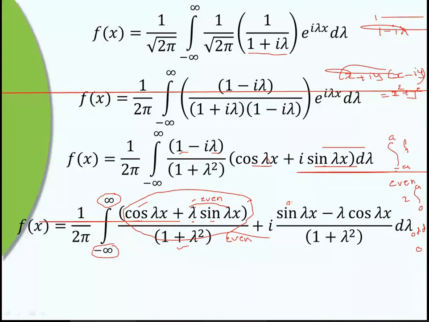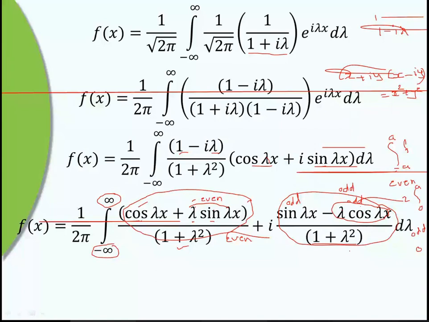Sine is odd, lambda is odd and cos is even, and odd into even function is an odd function. Because if you replace lambda by minus lambda in this total term, it will give us the minus of the original term. When we have two odd functions, by even, this total function becomes odd. You can check, replace lambda by minus lambda in the total function. It will give us minus of the original function. Because of that, it is odd. So the integration of this second term, by using this formula, will be 0.